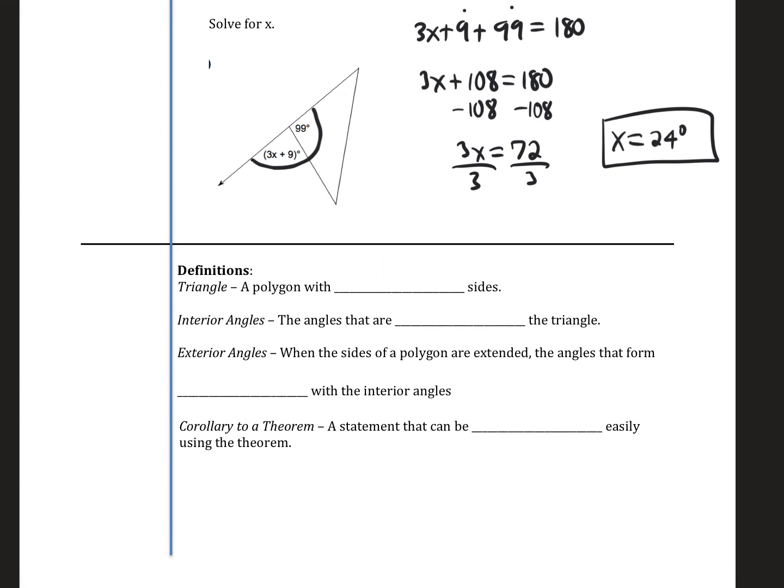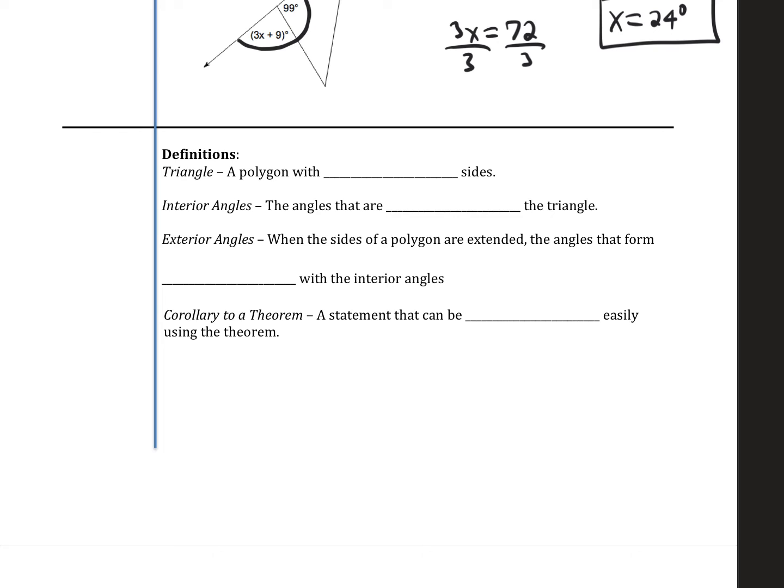Okay, sounds good. Okay, let's get into some definitions here. A triangle is a polygon with 3 sides. How many sides? 3 sides. And 3 angles, I guess, right? It's called a triangle. All right, interior angles, or the angles that are inside the triangle, are what? Inside the triangle. Exterior angles are the angles that form linear pairs